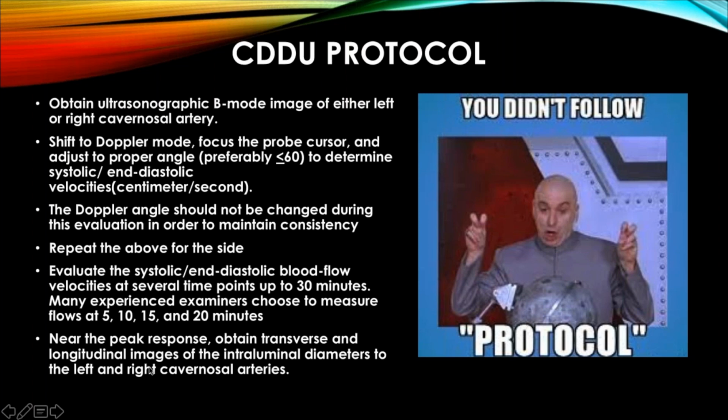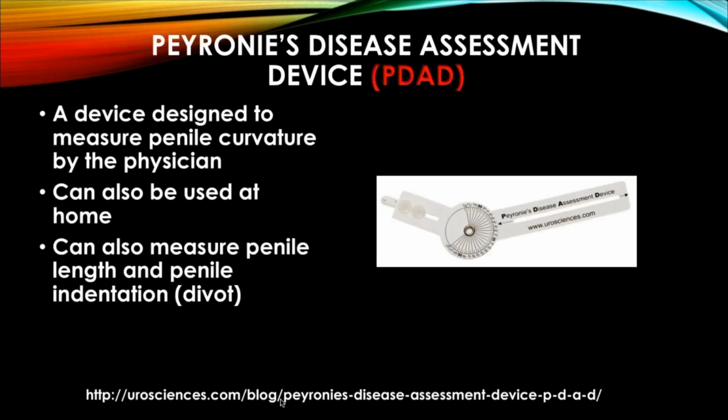Perfect. Thank you. For the peak response, you should obtain transverse and longitudinal images of the intraluminal diameters on both the left and right side as well. And then there should be a calculated resistance index. Okay. Now, one of the things that people aren't used to doing, particularly ultrasonographers, is measuring and assessing